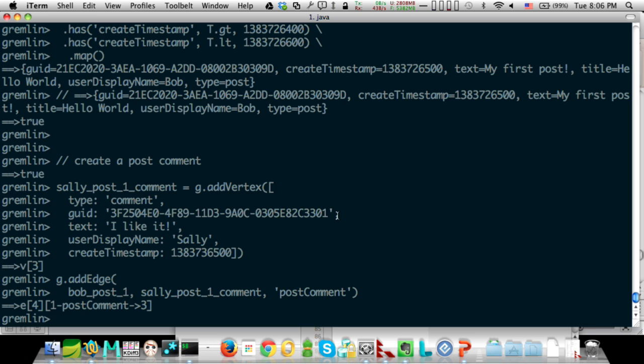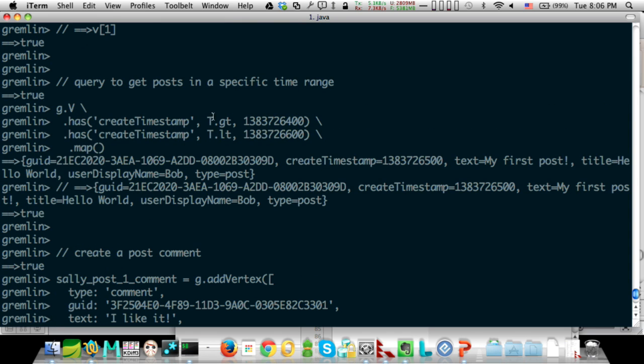All right, a question from a few statements back. You had the greater than less than statement. Are those intermediate values materialized? So if the first statement included everything, you end up with the entire graph going into that second? Yes, but I believe when you chain has steps like that, it's going to be doing that server side. So it's not necessarily bringing the whole graph back to me and then sending it back again for another has. But it may materialize it anyway on the server. Yeah, it may.